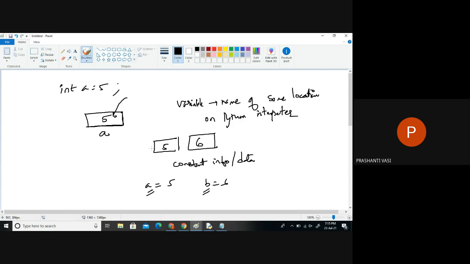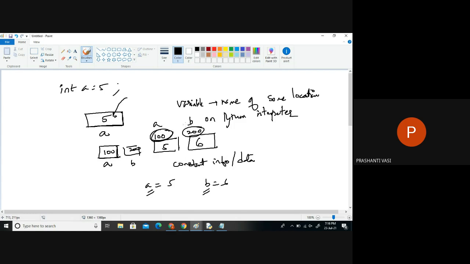Names of the location. Wherever 5 is loaded, wherever 6 is loaded, I'm saving these locations in a variable like this. So these variables are nothing but names given to some location. Location 100's name is now A, location 200's name is now B, right?